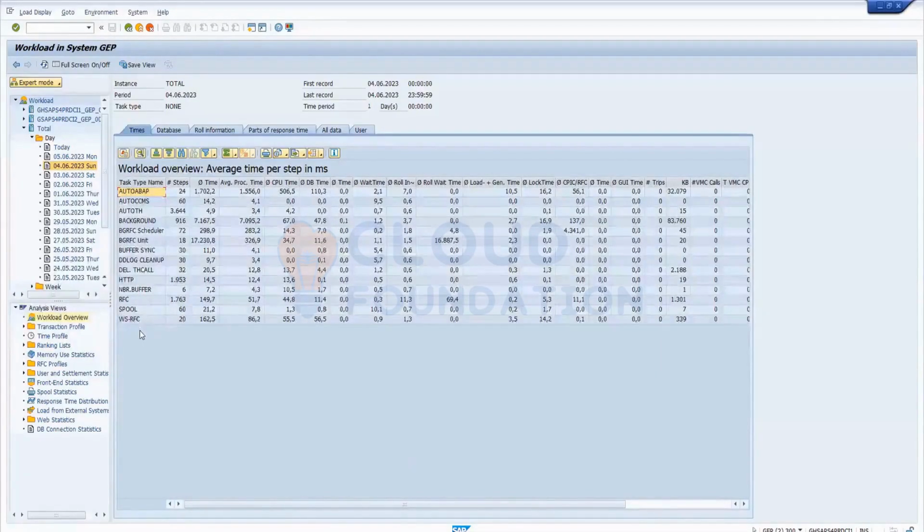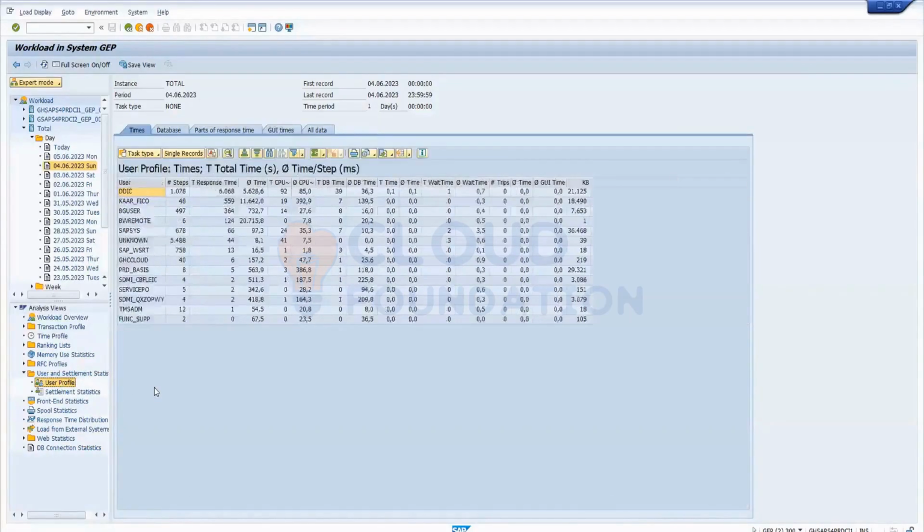You have to click on the user and settlement status. This is showing the transaction code. You have to go to the user and settlement. Now double click. Now you are able to see the users.